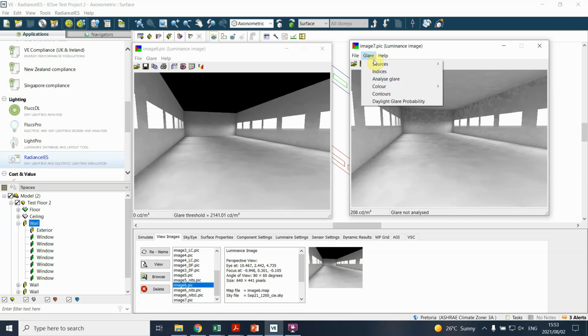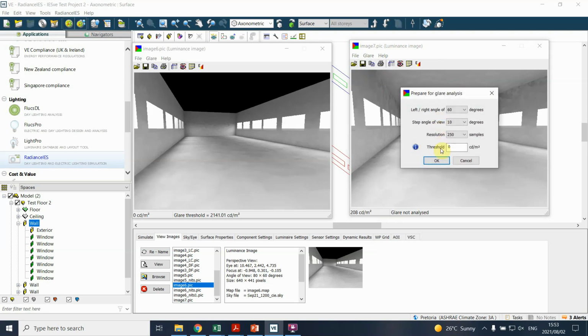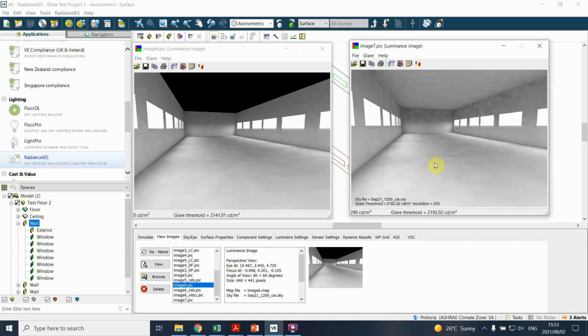So you'll simply click on glare, and you can click analyze glare. Keep that threshold at 0, because then it defines the threshold for you. If you don't, well, then you've got to be sure that you know what that threshold is, and it must be referenced, it must mean something. So I would rather just keep it at 0, and you'll see that the threshold here is defined at 2,900,